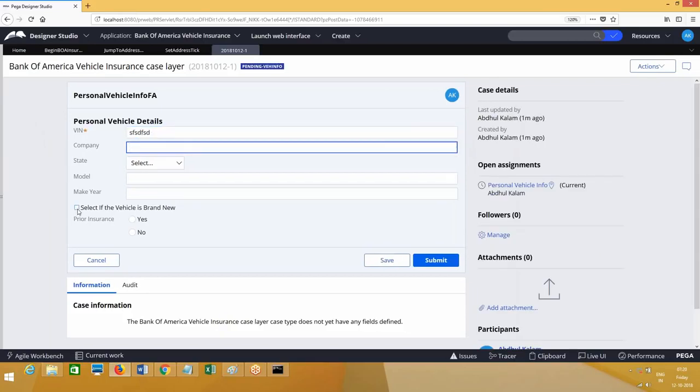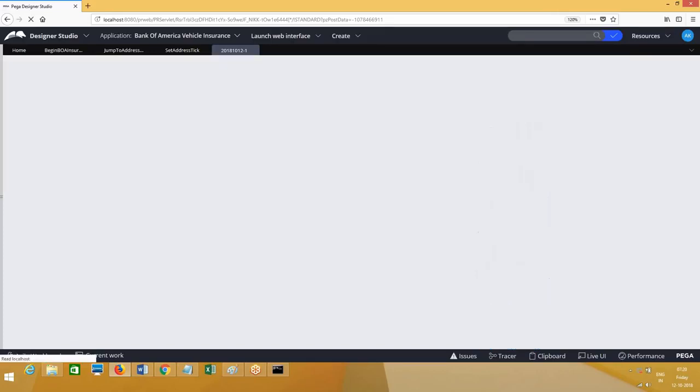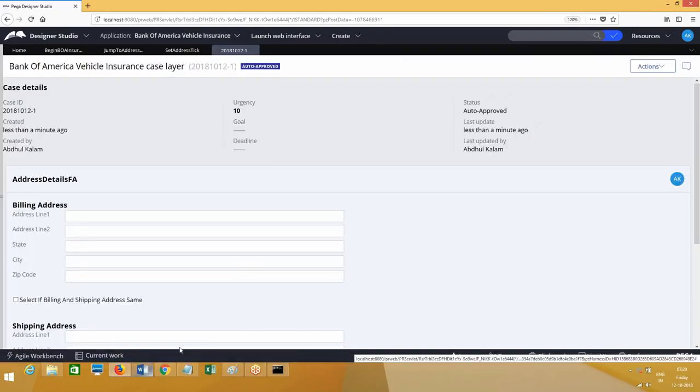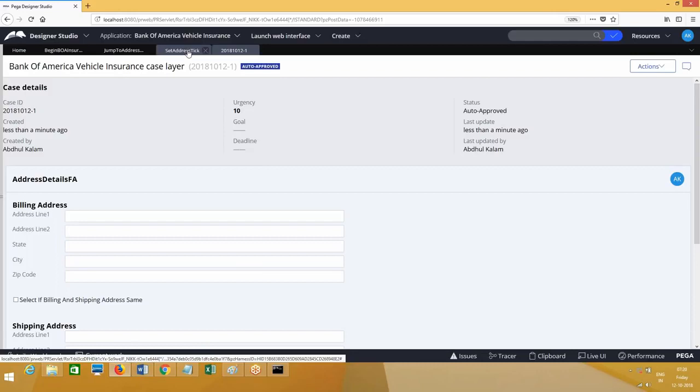Select if the vehicle is brand new. Suppose if I select this now, actually in the regular workflow, the next flow shape is loss details, which we have, but it should go to address details directly. So where did it go? It went directly to address details. Suppose if you do not select the checkbox, what is happening?